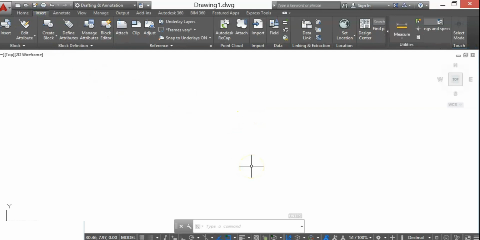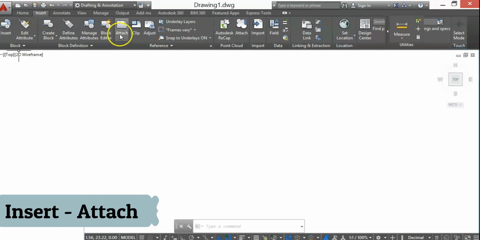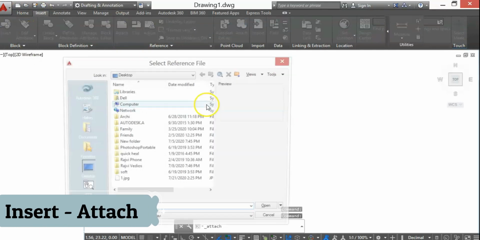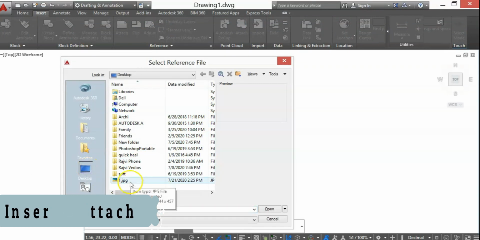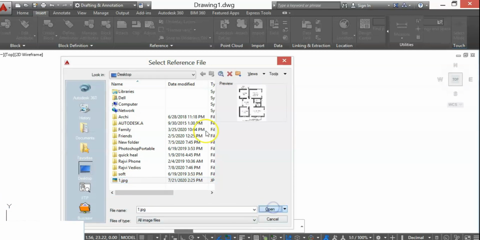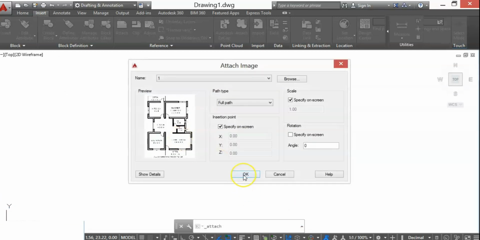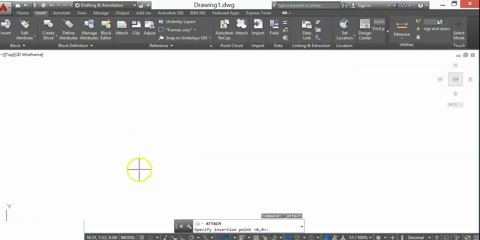I have a reference image or a reference plan. To insert that plan, I will go to Insert, Attach Files, and my image is on the desktop, so I will click on the desktop, select the image and press the OK button.